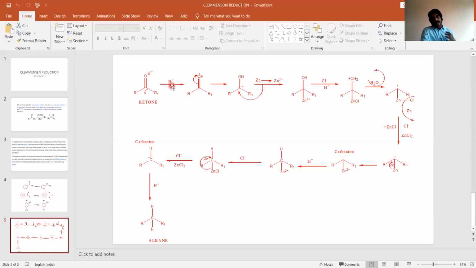So when HCl dissociates into H plus, naturally the H plus can add over oxygen. When H plus is added over oxygen, oxygen will be converted into OH, that leaves a plus charge on oxygen, because the non-bonding electrons of oxygen are being used. When the non-bonding electrons are being used, that will leave a plus charge on oxygen. So this becomes an unstable ion.